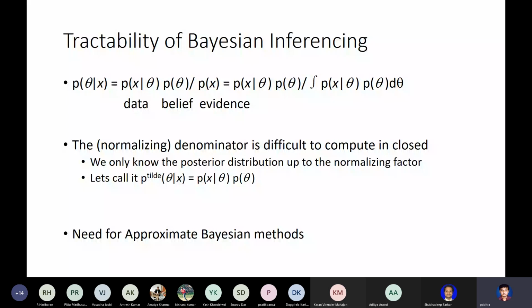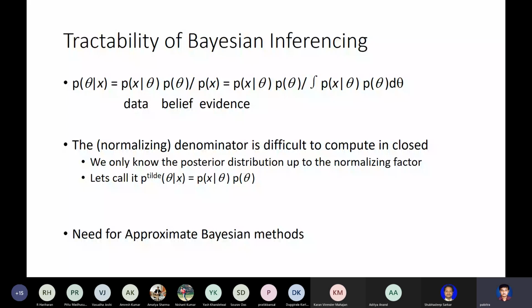So our goal is that given knowledge of p tilde, can we reconstruct or get back the actual posterior p(theta given x)? We'll see that this can actually be done using several approximate Bayesian methods. One of the methods you already saw is the variational inference. That means you have an approximation Q for the full posterior p(theta given x), and Q is constructed by an optimization procedure which uses p tilde, not p(theta given x).